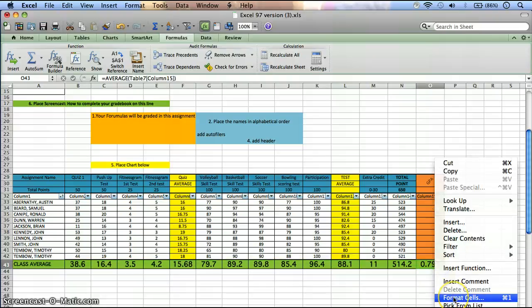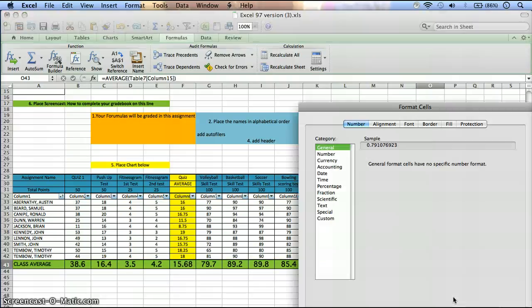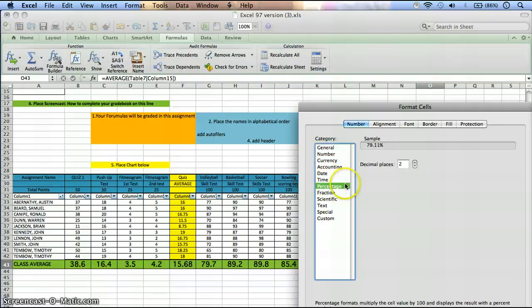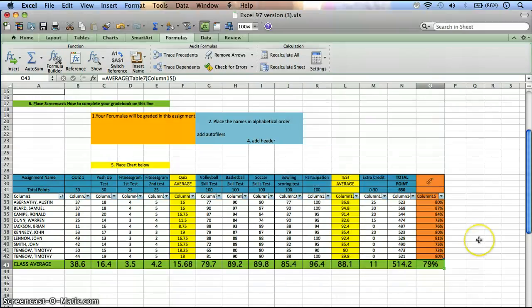Now I want to hit this one. I want it to be a percentage. So I'm going to hit Format Cells, go down to Percentage, and go no decimal places. It pulls up 79%. So now that we got all of those in,